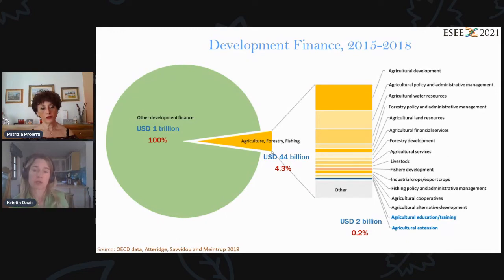I mean, agriculture gets investment, but then within agriculture, there's many other things that are invested in besides extension and education. However, it's difficult sometimes to tease this out. How do they define education or extension or skills development or farmer learning? Sometimes it's a subcomponent of another program. So we present these findings with a little bit of uncertainty as to whether we're missing something, but this is what we found through searching these international data sets.